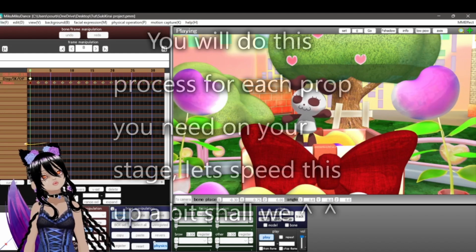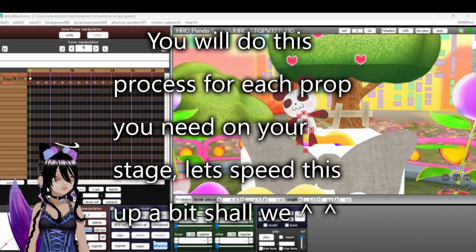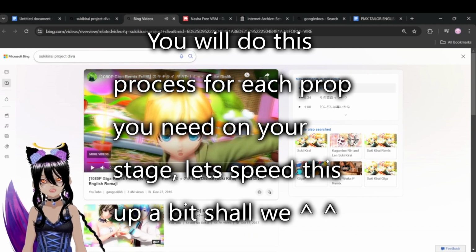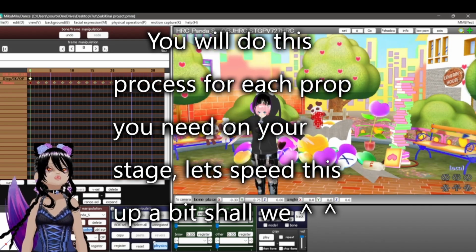That looks like it might be right. Who knows? Let's see. And it looks like it might be right. And so we're gonna get our next model